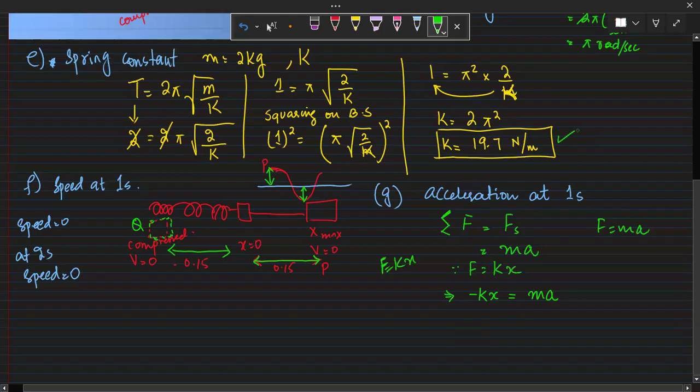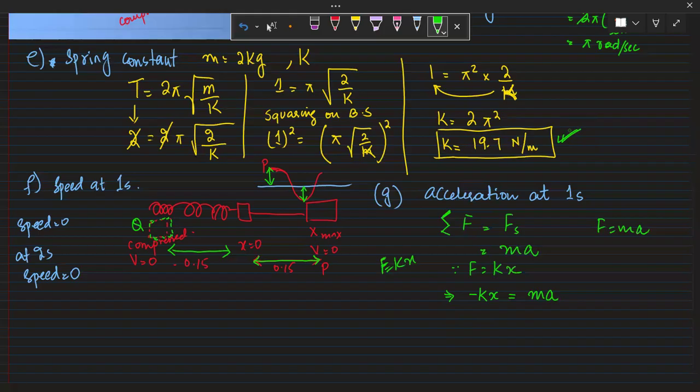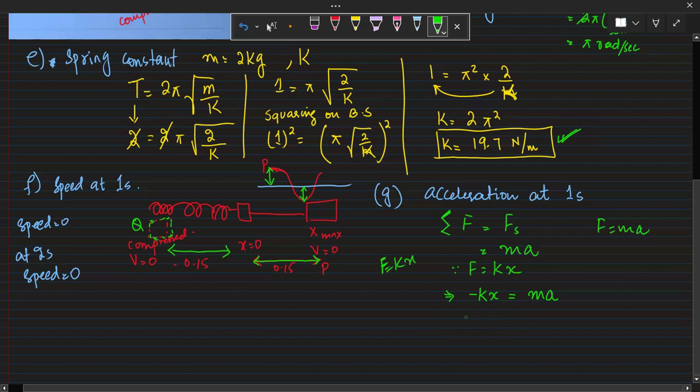and now we have this value of k as well, which we have already found out in part E. And now the distance that we have here, we are going to consider that as well. What if I make a the subject, because we are working for acceleration. So I'm going to put k here, in the denominator the m is there, the x is there, and this is how we're going to find the acceleration,